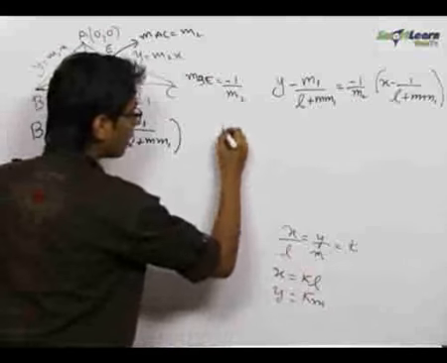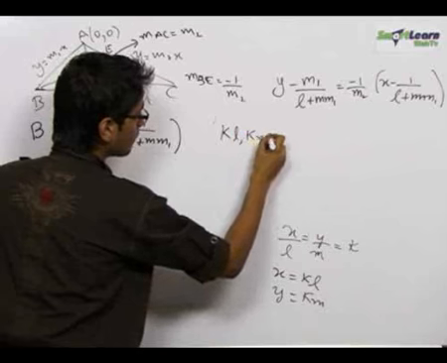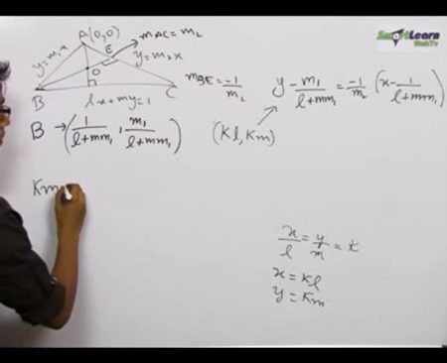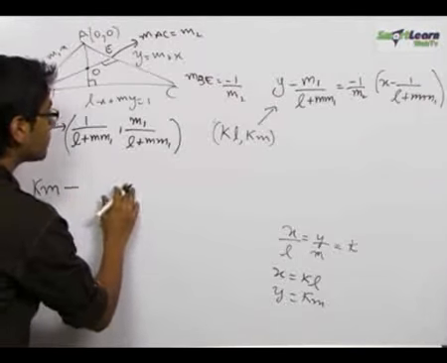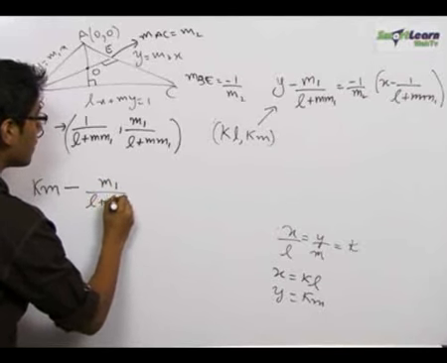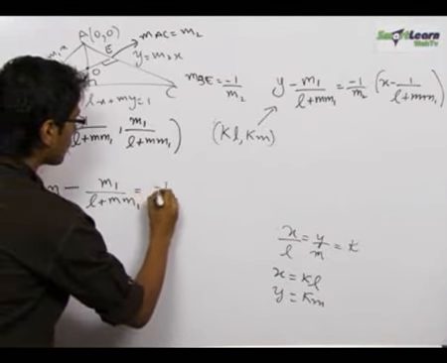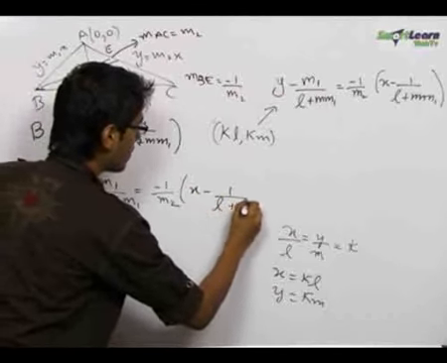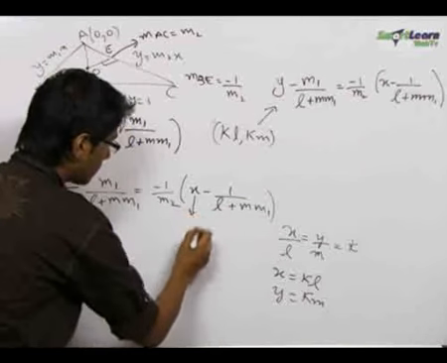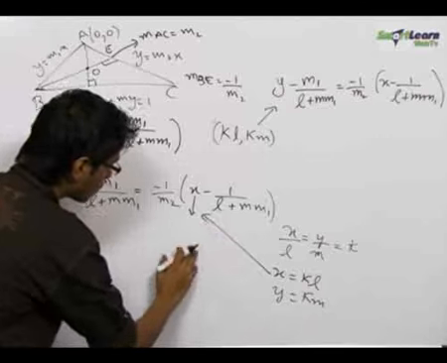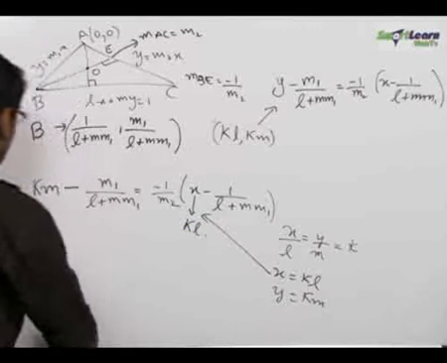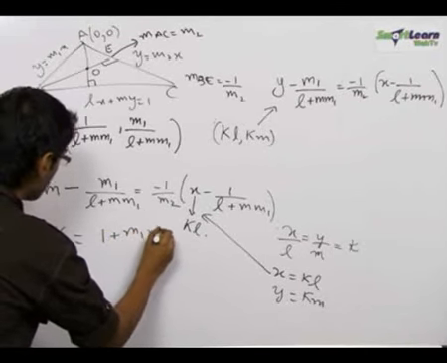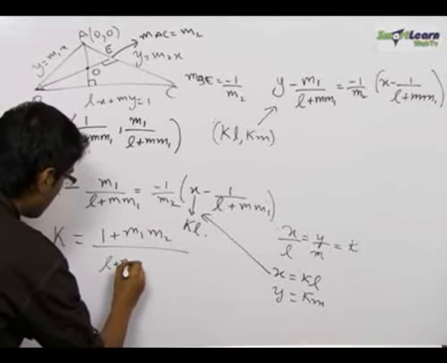So satisfying the point (kL, km) in this given line, we get km minus m1 upon (L plus mm1) equals minus 1 upon m2 times (x minus 1 upon (L plus mm1)). And instead of this x, we can substitute the x coordinate of the orthocenter as kL. So on solving this equation, we get the value of k as (1 plus m1 m2) upon (L plus mm1)